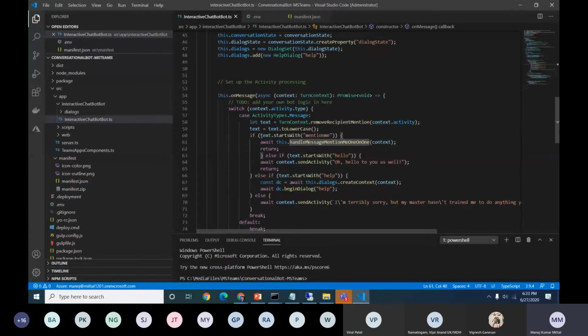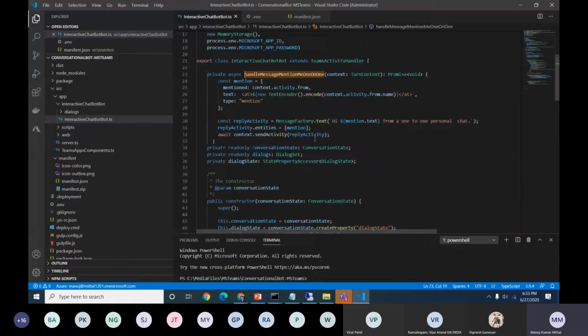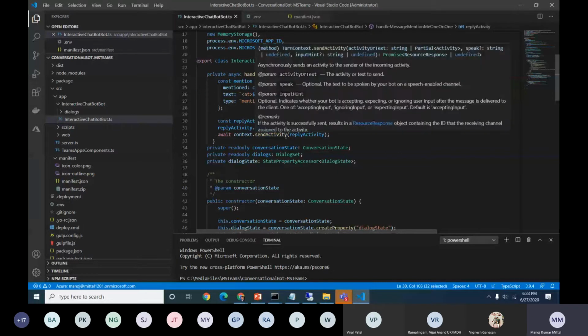We can get that particular section and go to this particular function. This is a custom function we can define like that. Here we have a message, what message we need to reply in our message factory. This is message.text, taking the person's name, who is doing the chatting here, typing from a one-to-one personal conversation and posting it to the Teams sections.